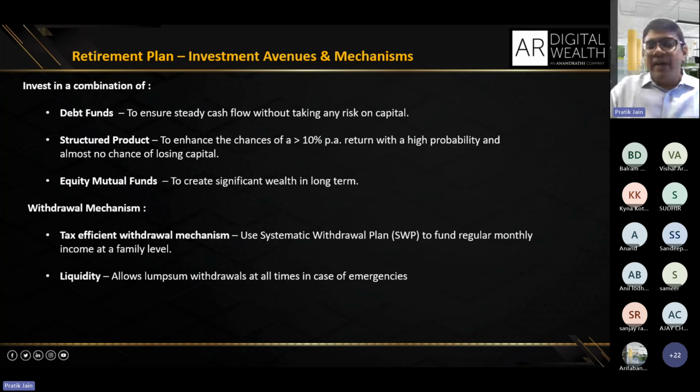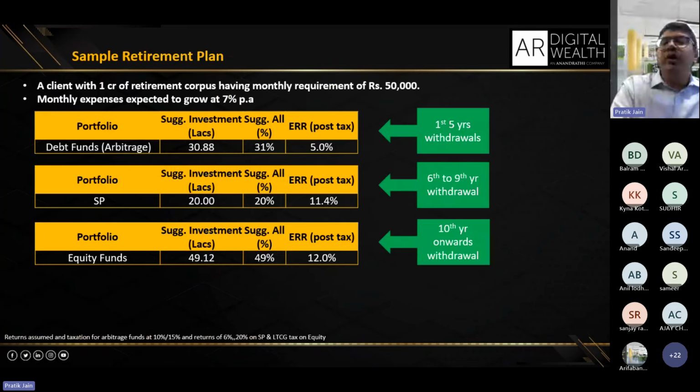तो इन तीनों प्रोडक्ट्स का कॉम्बिनेशन है. ये क्या कॉम्बिनेशन है ये मैं बताता हूँ. सो यहाँ पे एक सैंपल लिया है हमने कि अगर कोई क्लाइंट है जिसका 1 करोड़ का रिटायरमेंट कॉर्पस है, राइट, मतलब 1 करोड़ है उसके पास, रिटायर हो रहा है, मेरे पास अभी 1 करोड़ का पोर्टफोलियो है and his monthly requirements are 50,000 rupees. मतलब हर महीने उसको 50,000 रुपया